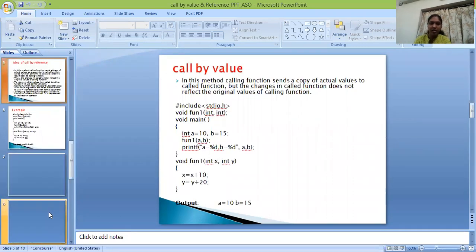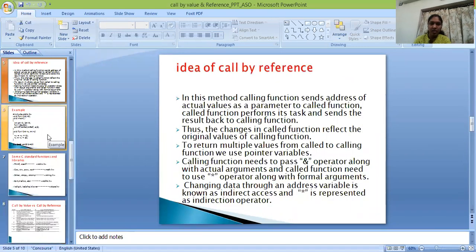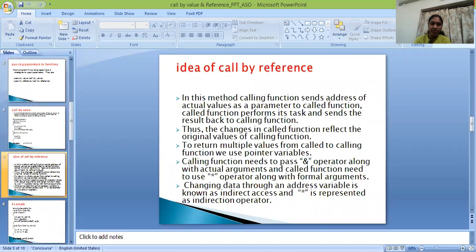Next, the idea of call by reference. In this method, the calling function sends the address of actual values as a parameter to the called function. The called function performs its task and sends the result back to the calling function. Thus, the changes in the called function reflect the original values of the calling function.